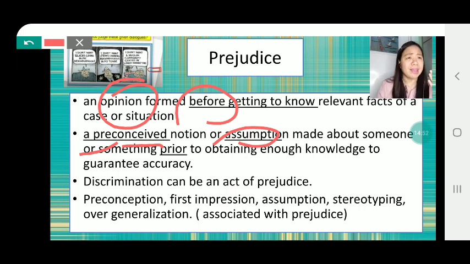Meron ka na agad concept or idea regarding sa sitwasyon, sa tao or sa isang bagay, even though hindi pa naman napapatunayan. First impression, di ba? First impression is just like when you see someone, you already have a thinking about it. Just like,